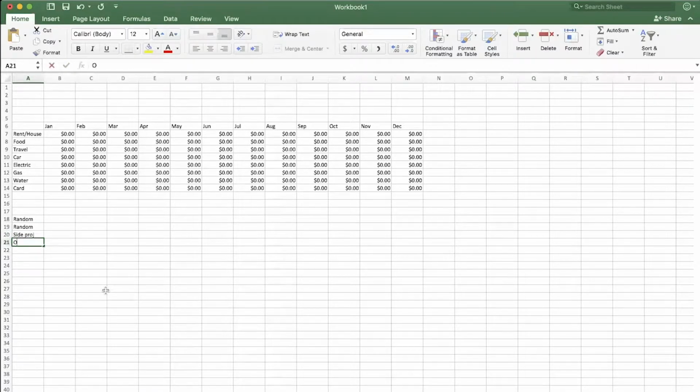And I recommend always having an other category. If nothing else, you might get a birthday card with some money in it, and that categorizes as other quite nicely. You can redo the months if you want. You don't have to. You could just look up and see that that's the month you're on.